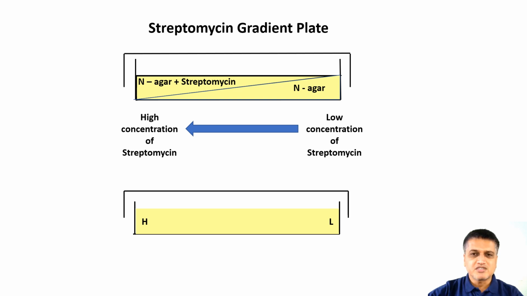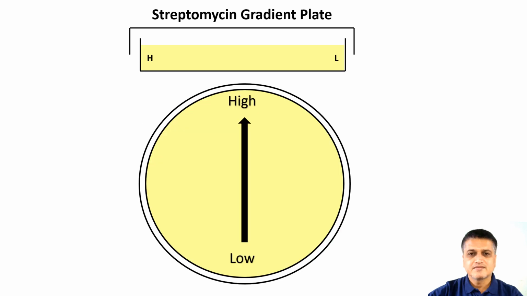Thus, streptomycin gradient plate is ready, wherein bottom agar slope is of only nutrient agar and top on it is a slope of nutrient agar and streptomycin mixture. Solidification of top agar and diffusion of antibiotic produces a concentration gradient of streptomycin from low to high in nutrient agar plate.